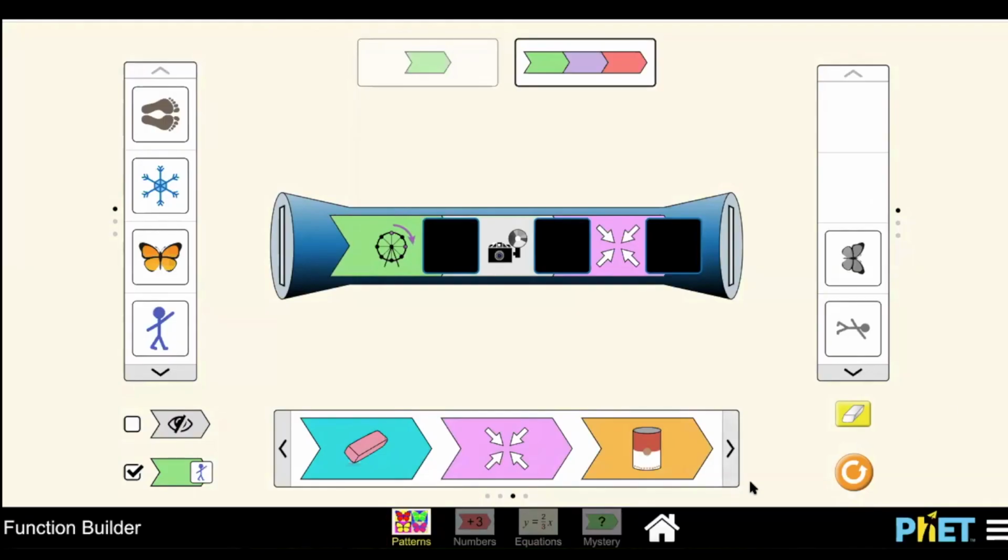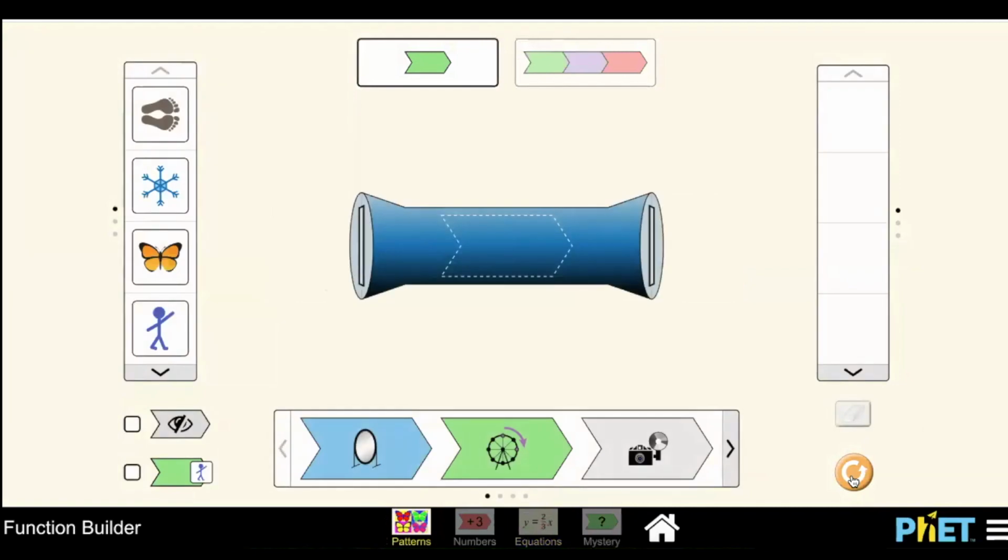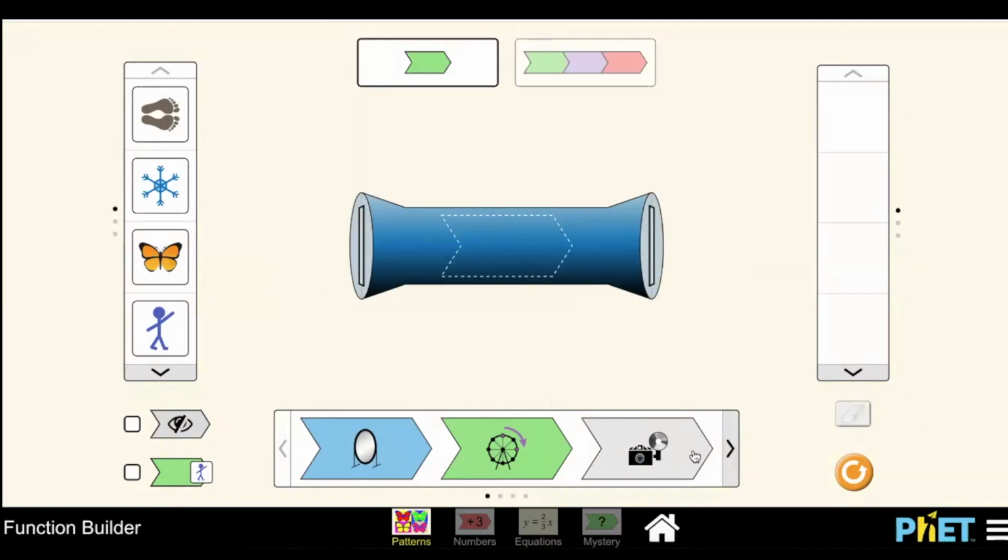So I'm going to go back to just the first screen, which was patterns. I felt this was the most basic introduction to functions, which is kind of nice because one thing that I noticed more than anything else is that students just truly don't understand that word function. You can say input, output 1,000 times, but they don't understand. So what's really nice about this is there's some options down here.